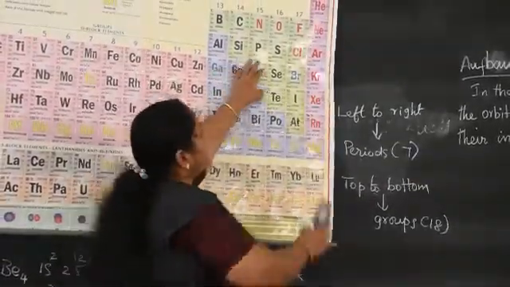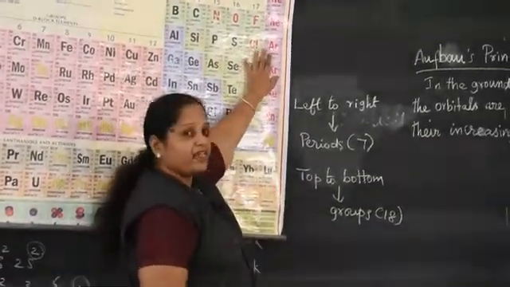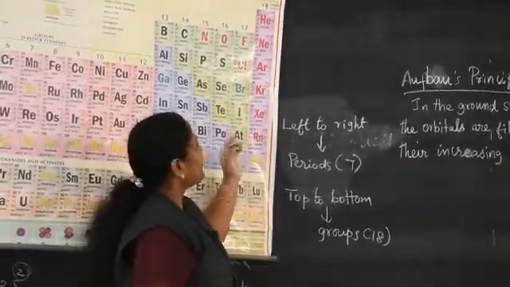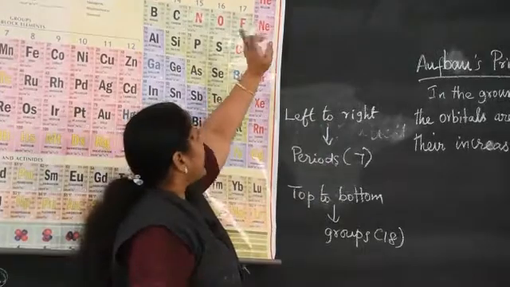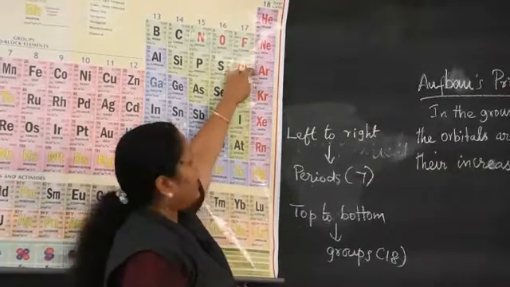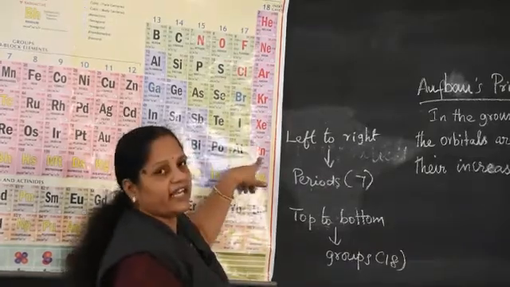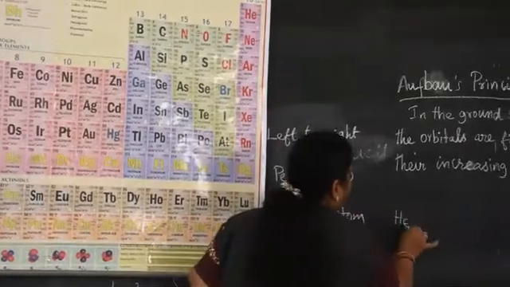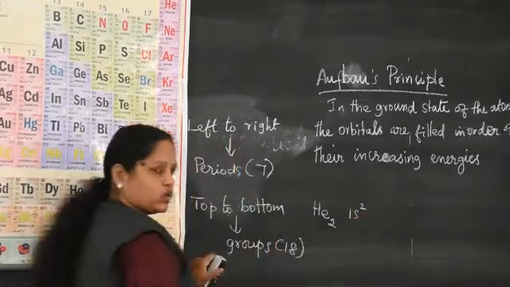Now a special case, the group 18 elements. In the beginning these were referred to as zero group elements. Why? When you write the electronic configuration, all elements except helium, that is neon, argon, krypton, xenon, radon, follow a pattern. Radon is a radioactive element. The atomic number of helium is 2, so its electronic configuration is 1s2.